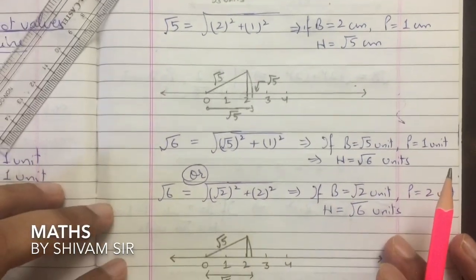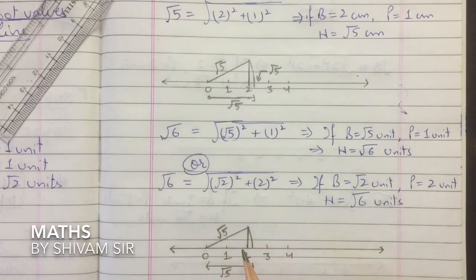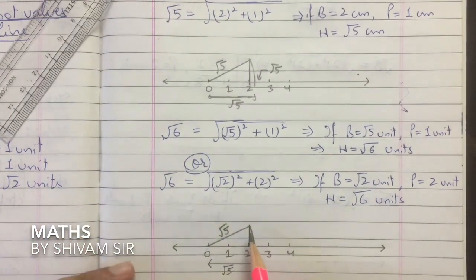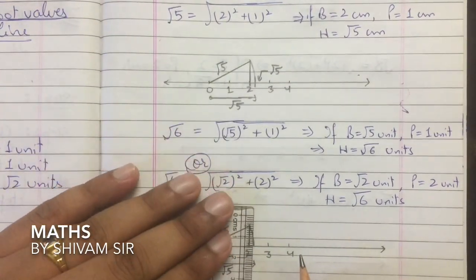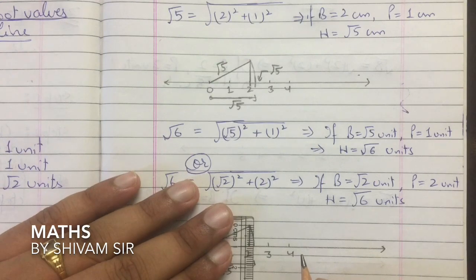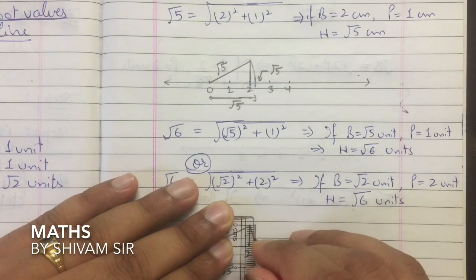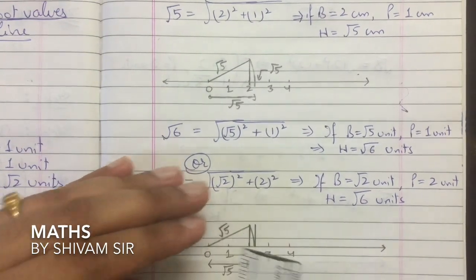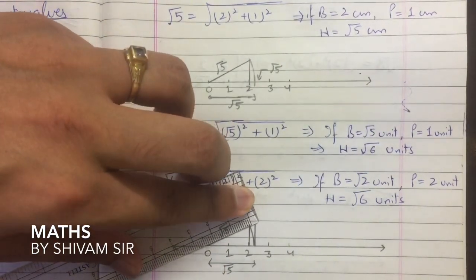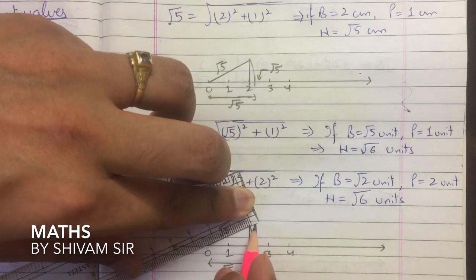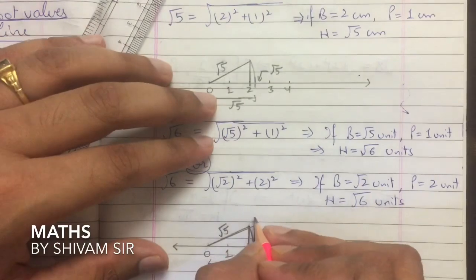So here I have drawn root 5 for you all. So if the base is of root 5, first draw root 5 for this. So here I have drawn. So take the base as root 5. So this is root 5. Now draw 1 centimeter perpendicular on this root 5. So draw 1 unit perpendicular on this root 5. So join it with origin. So join this with origin O. So in this way. Now the hypotenuse so obtained is of root 6.